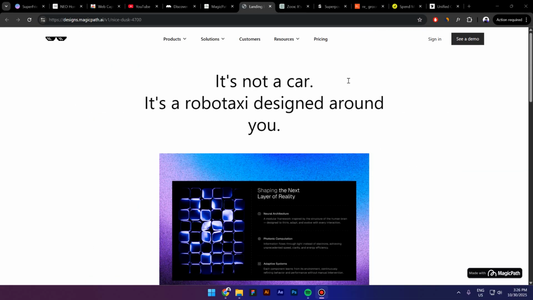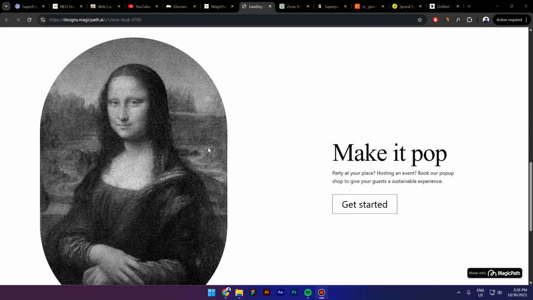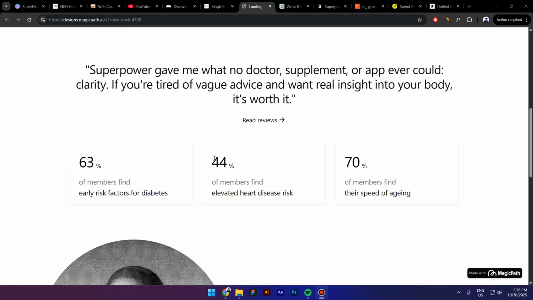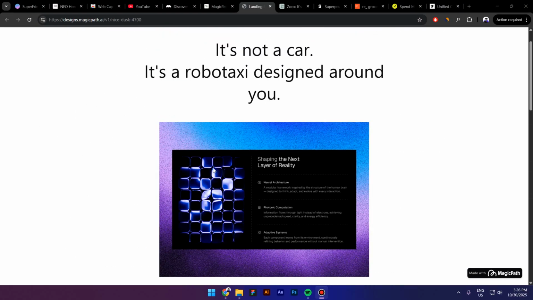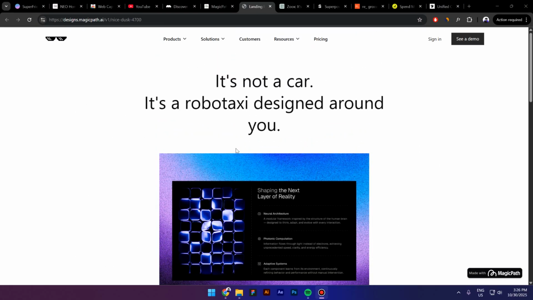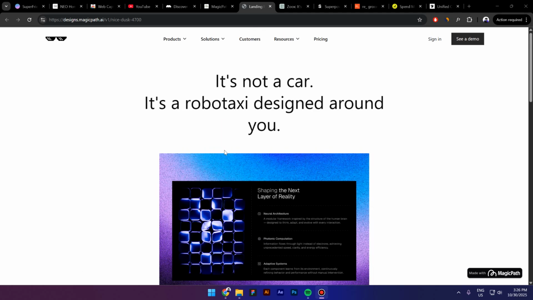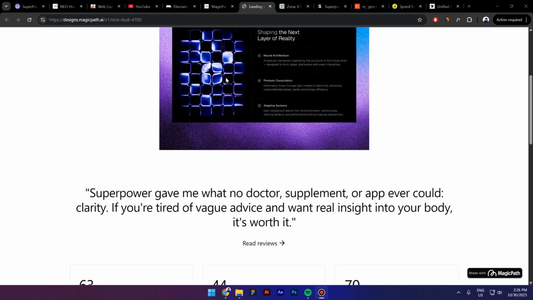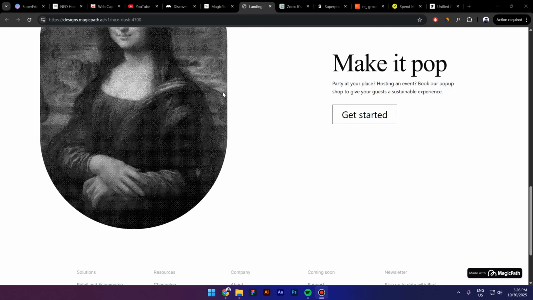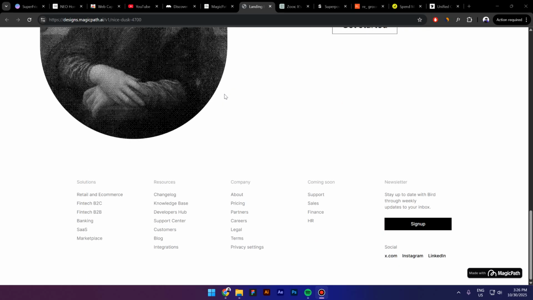I think there is still some improvements needed, but overall I think that the MagicPath extension did a great job by trying to copy these elements from the web, and in just a few minutes I edited everything to my own style. So this is how you can use this extension, and again